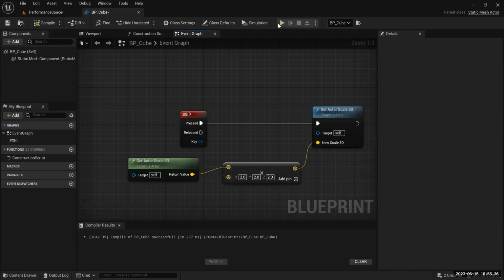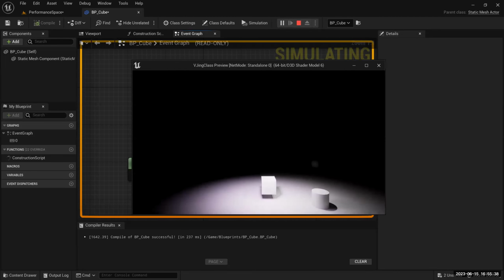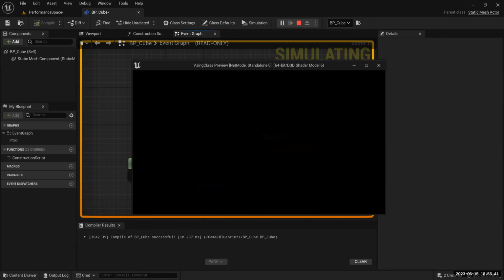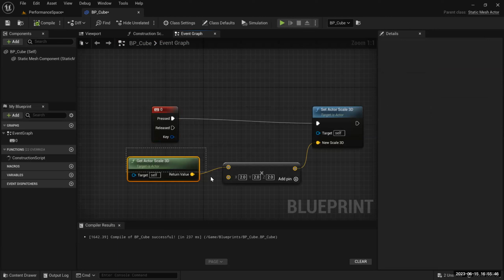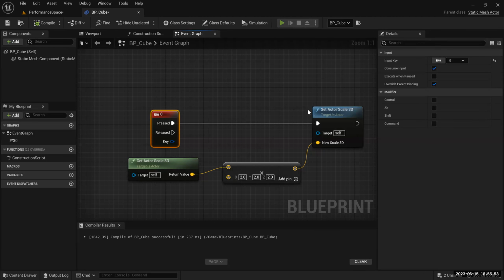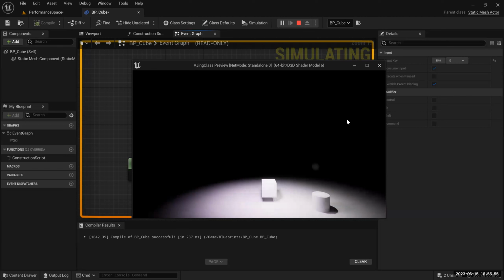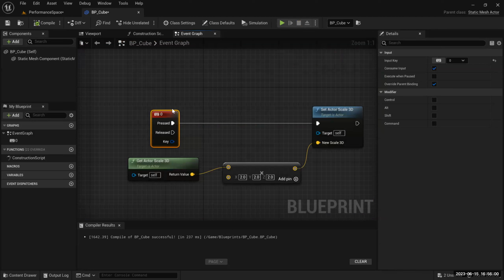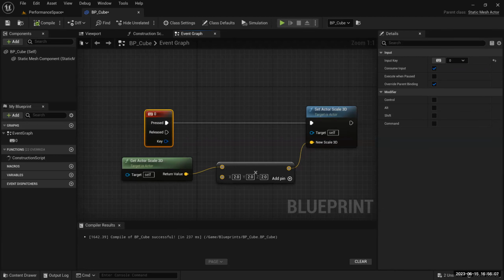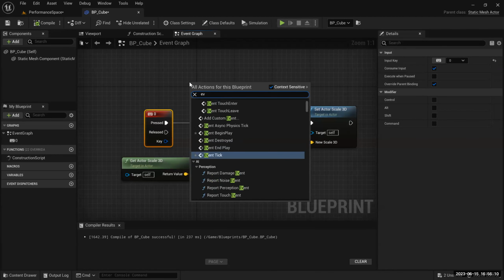Let's try it to see if that works. Every time I press 0, it will become larger and larger. Yeah, it worked. So basically what I do here is I get the scale times 2 and I set the scale. It's kind of straightforward, but right now it's still not increasing gradually, it has this jumping glitch. In order to have it change gradually, frame by frame, we need to use